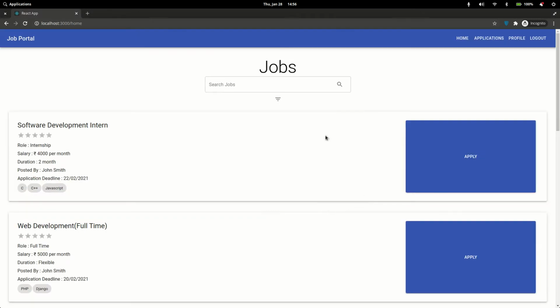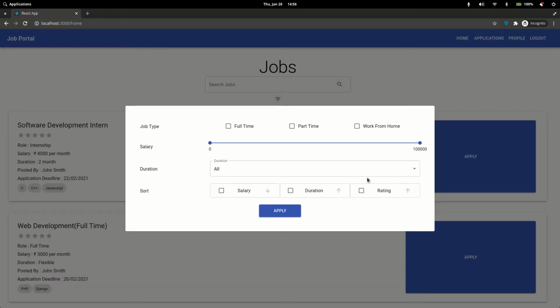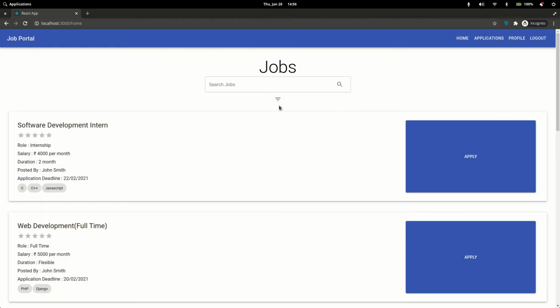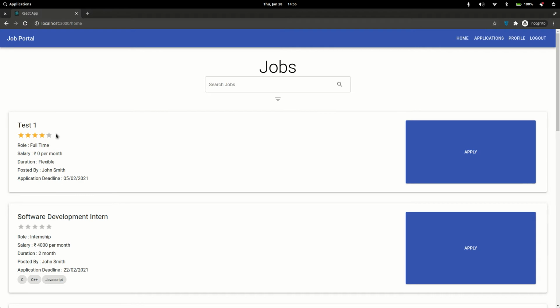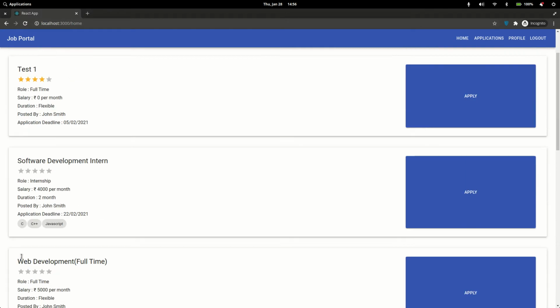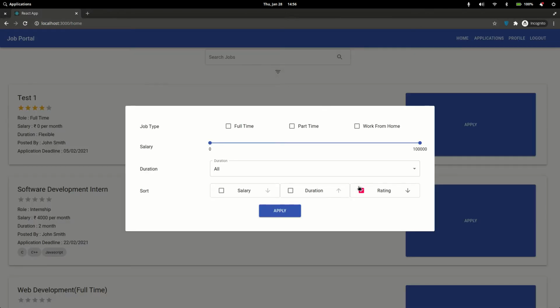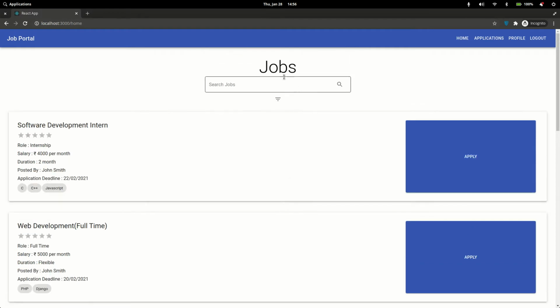You can sort the jobs based on rating. If someone has given a rating in descending order, this one got rated while testing. So you can sort them like that, or I can remove it and simply apply. Also, this search box follows a fuzzy searching algorithm. It uses regex basically, and I can write any initials of the job, and it is going to bring me all those jobs which have dev in their name.